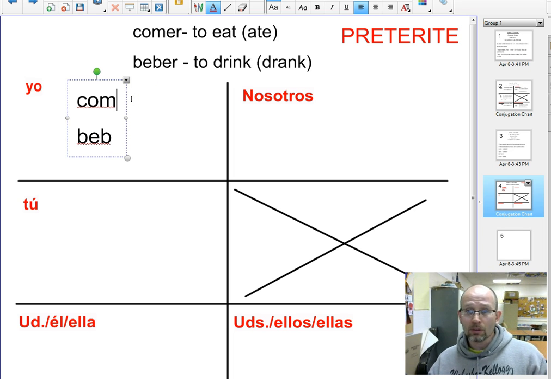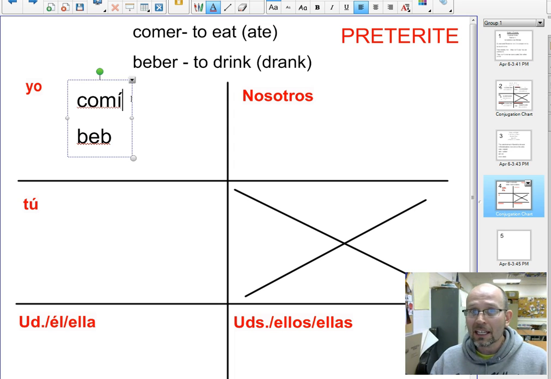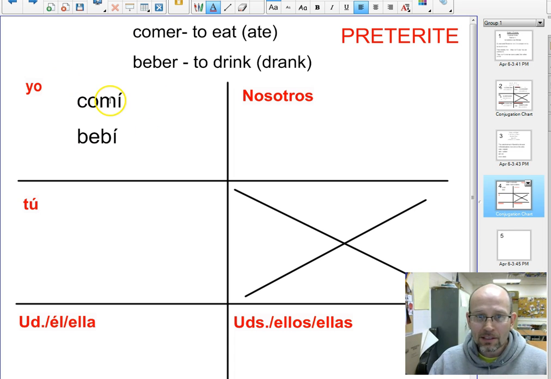Yo is always O in the present tense, but this is the preterite tense of the past. So how do you say I ate something? That sounds like this. Yo comí, and it has an I with an accent mark on it. The I, remember, sounds like I in Español. So this word is comí. And this word down here is bebí. Yo bebí and yo comí. What does it mean? I ate, I drank. And then you can put whatever the item may be after there. Okay? Cool.